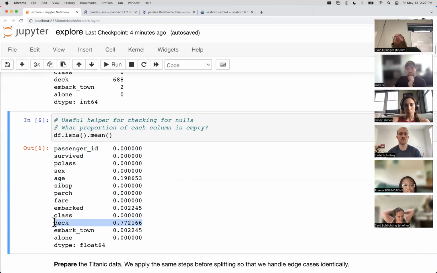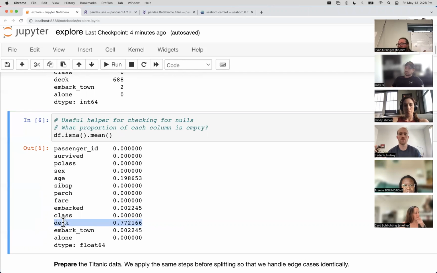In the sense though, sometimes depending on what the data is measuring, your column that is lots of nulls may not be something like a deck here. It may be something like a free answer, like a text answer on a survey. Maybe in the survey, you've got required answers for like 1 through 10, but the text answer is not required.